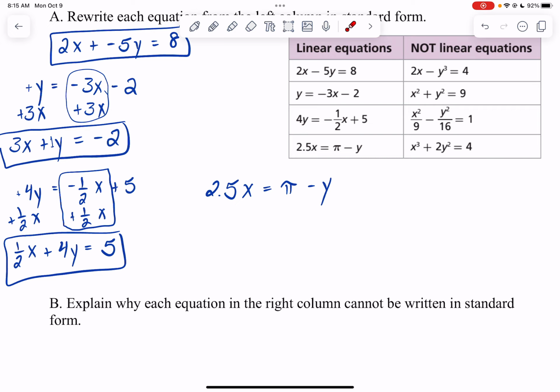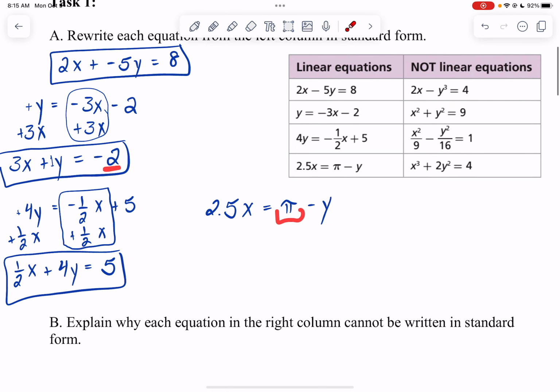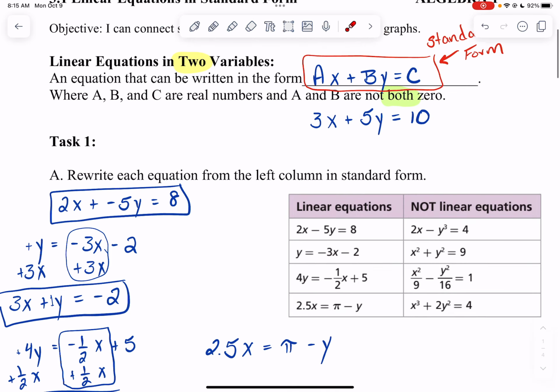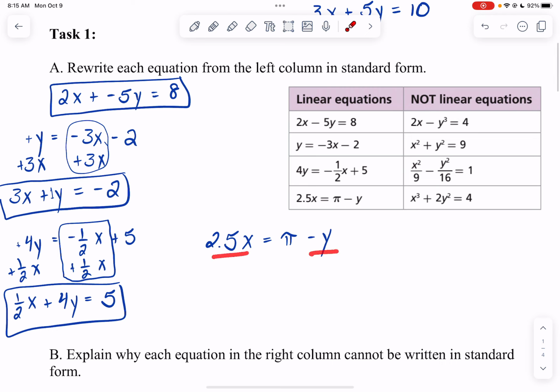Approximately 3.14, but not exactly. So it's just a number. It's like my C, just like a number like my -2 over here, or like my 5 over there. So again, I want my X's and Y's all on one side together. My X is here, my Y is here, so I need to move my Y over to the same side